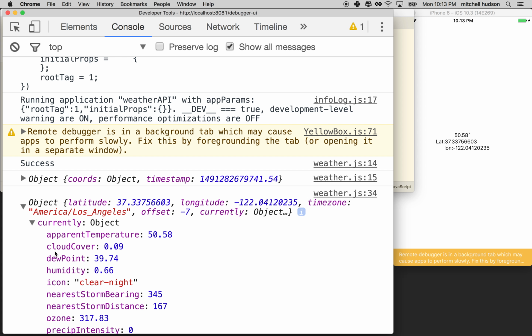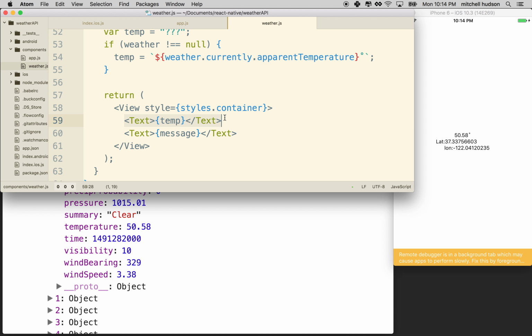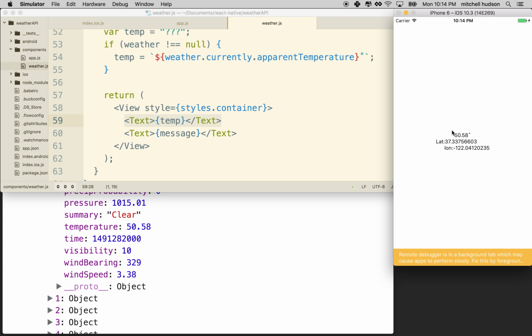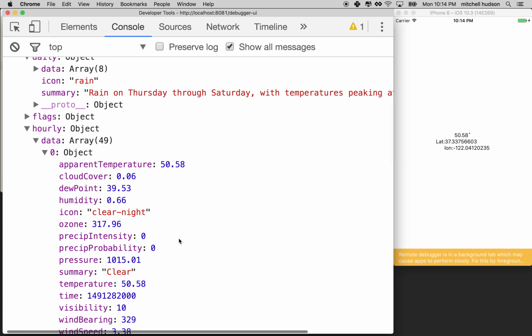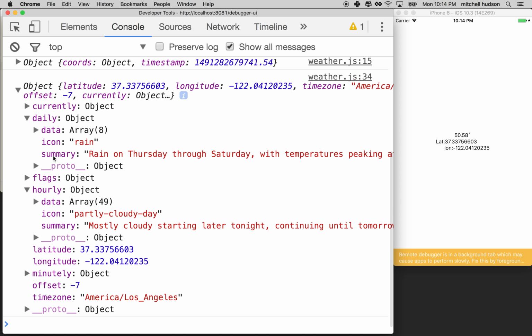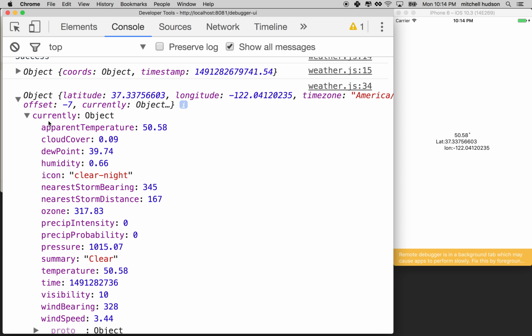So anyway, that should get you started on creating your weather app, right? So the challenge here would be to set up some components to display various parts of the weather, right? So you can go through here and kind of look at this. It's probably a good idea to keep this in the console just so you have an idea of what this looks like, or you can consult the